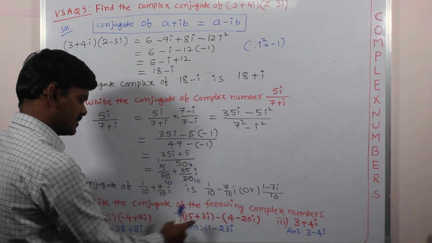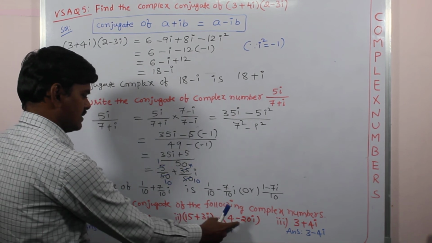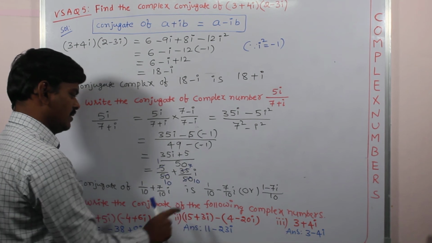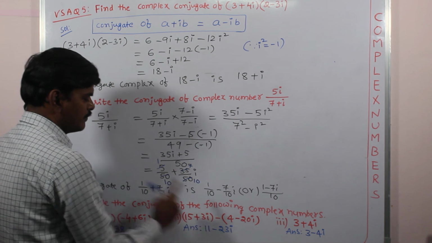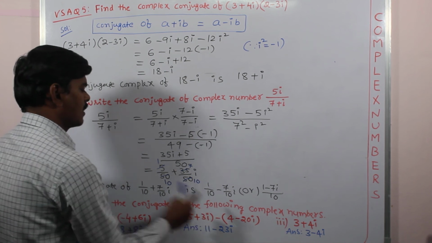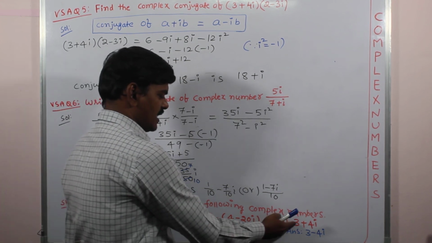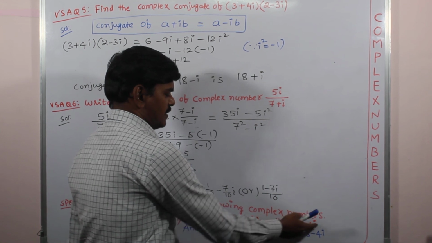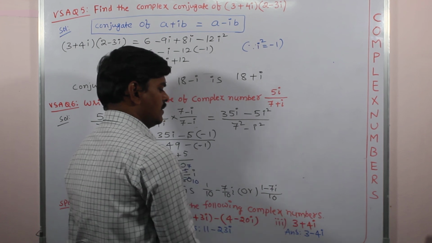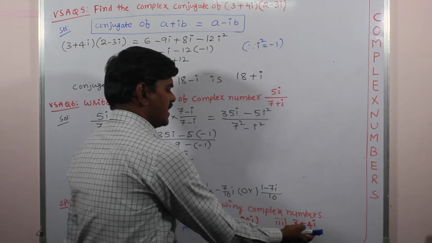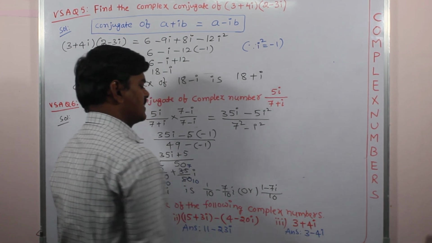So this is also the same. Here first subtract this complex number from this complex number. Anyhow, our aim is to convert into the form of a plus iota b. Then we can write its conjugate answer easily. So this is a direct answer. We can write the a plus iota b form. The given complex number is itself in the form of a plus iota b. So we shall write its conjugate, a minus iota b. So 3 minus 4 iota is the answer.